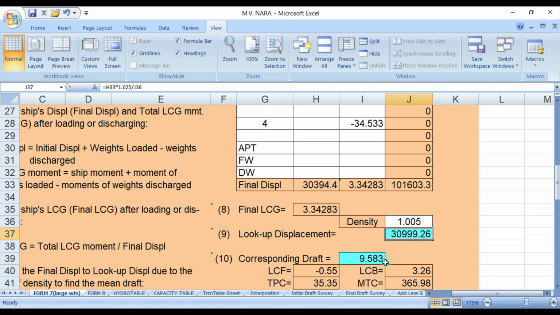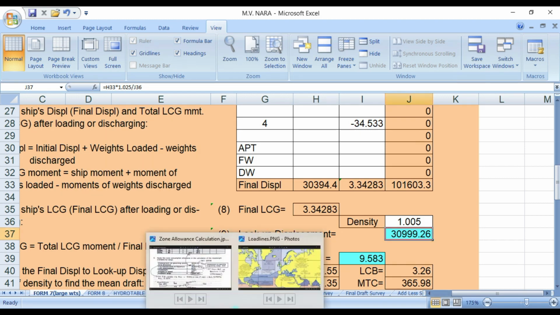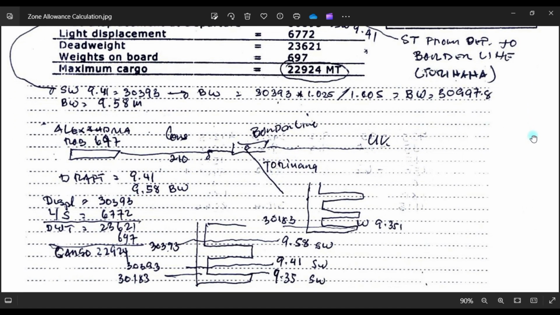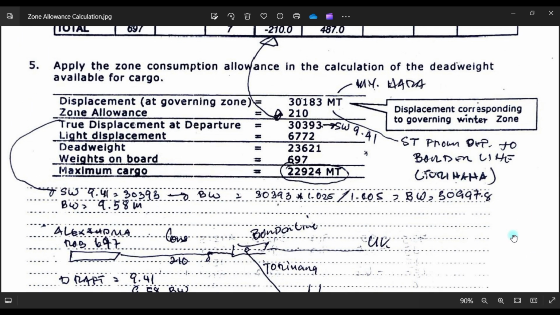Okay, almost the same. So that's it, guys. So that will be the drop of brackish water when the local density is 1.005. This will be your departure drop of 9.58.